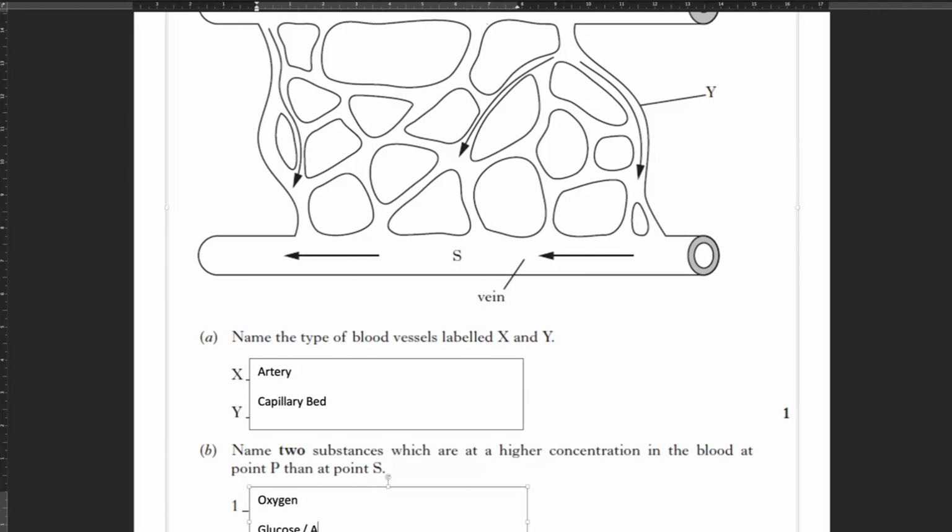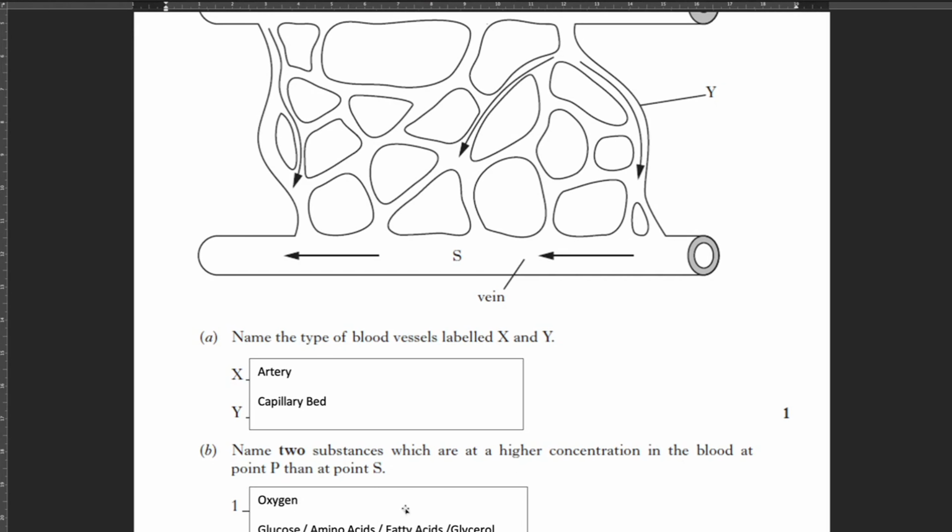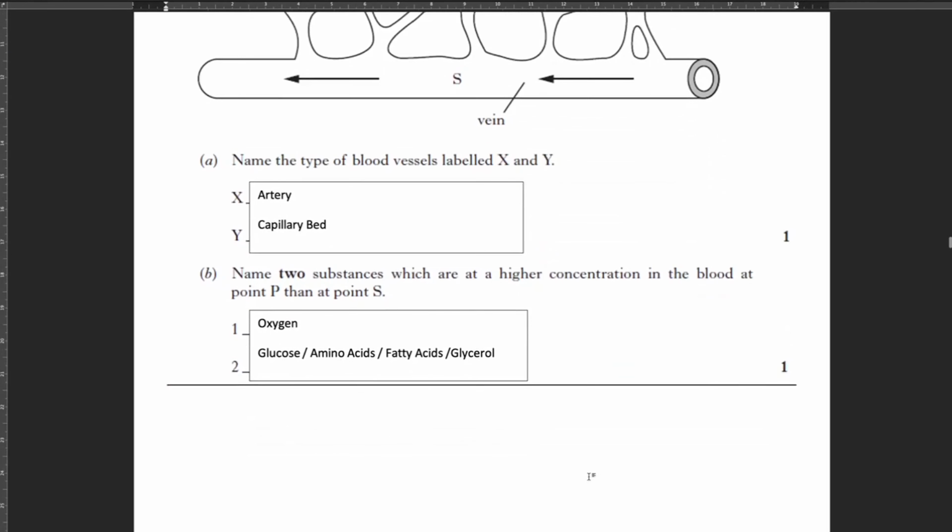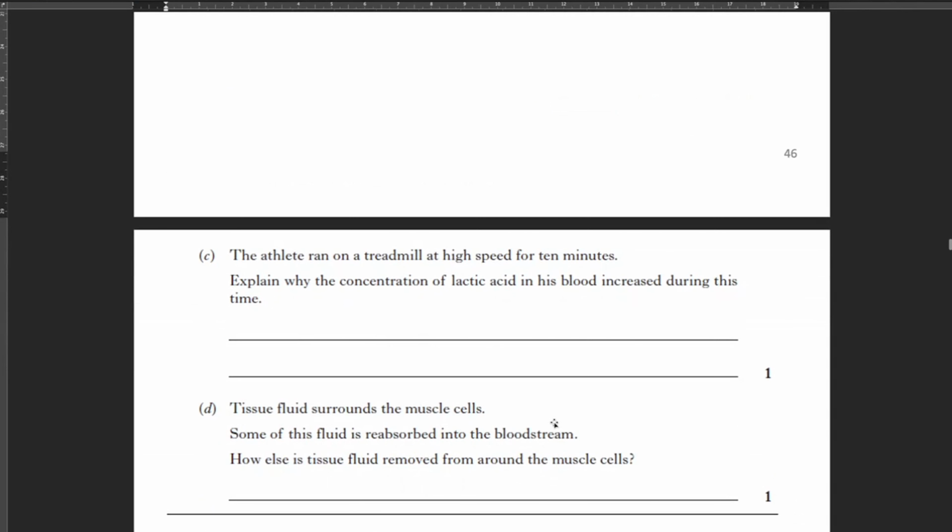Now, we know that we need those two things for aerobic respiration. You could also say something like amino acids, which our cells are going to need for protein synthesis, or fatty acids and glycerol, which of course are the breakdown product of fats. Okay, so anything along those lines would get you the mark for that question there. If we go into part C,